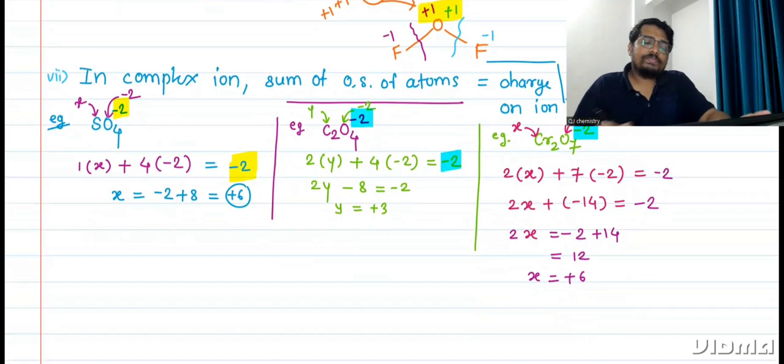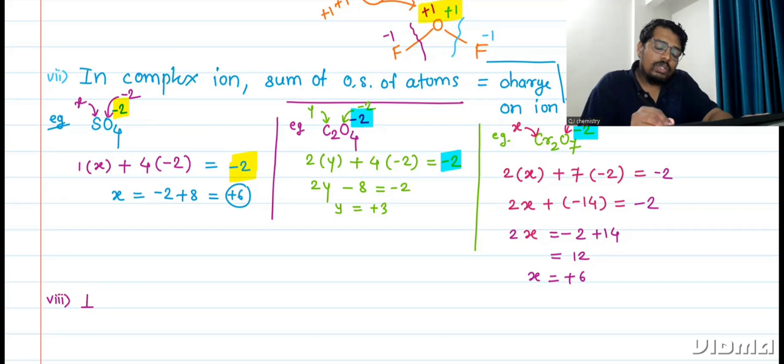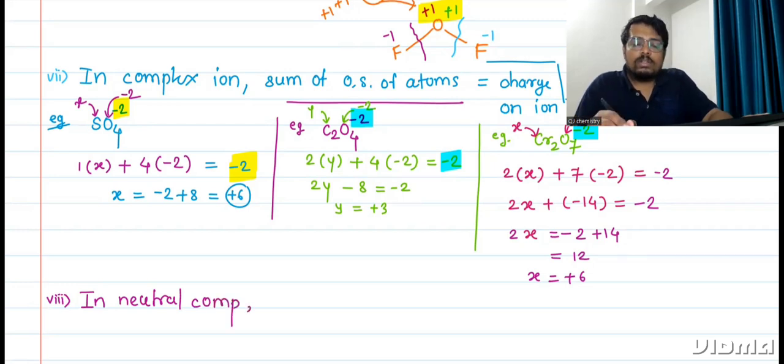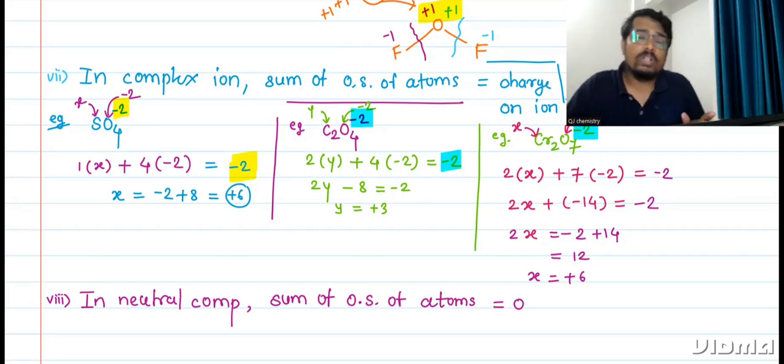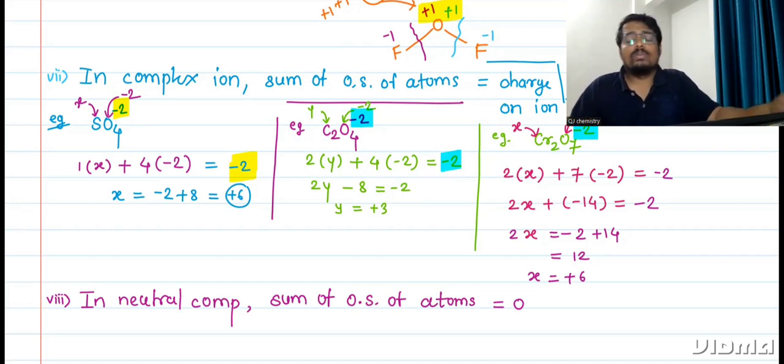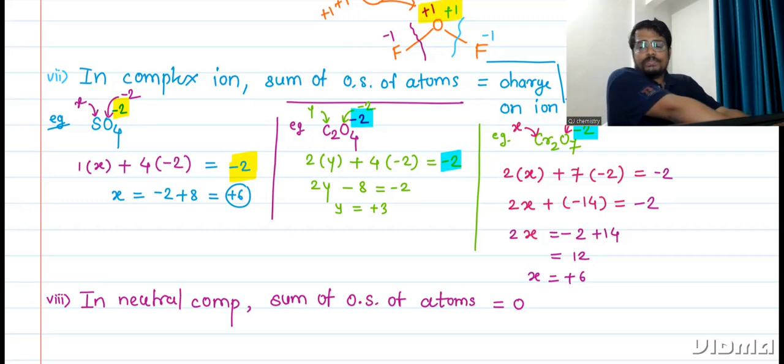Next rule is rule number 8. In a neutral compound, the sum of oxidation states of atoms, that is constituent particles, is equal to 0. Okay, if the species is neutral, in a neutral compound, the sum of oxidation states of constituent particles is always equal to 0. For example,